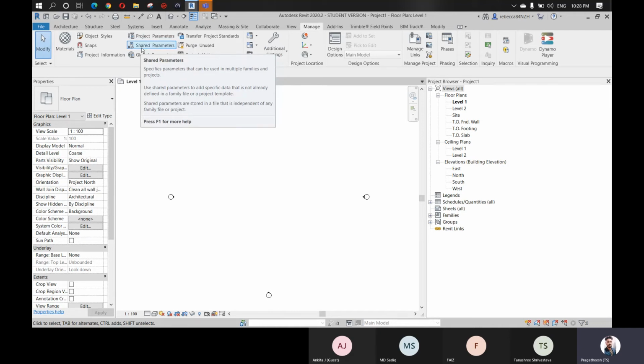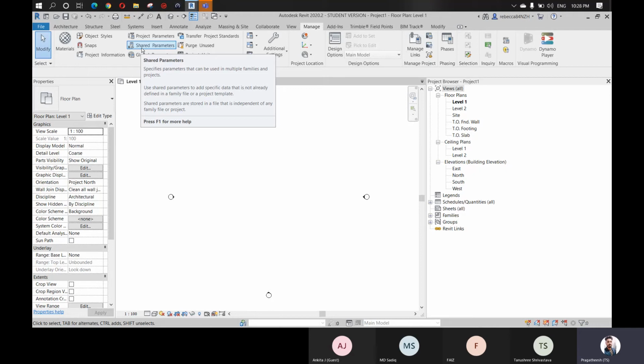For example, if you are creating a tag for an object and you want to add specific data in that tag, and that data is not available but is available in a parameter of a family, how can you extract the parameter of the family to the tag in your project? In those cases, we will be creating shared parameters.